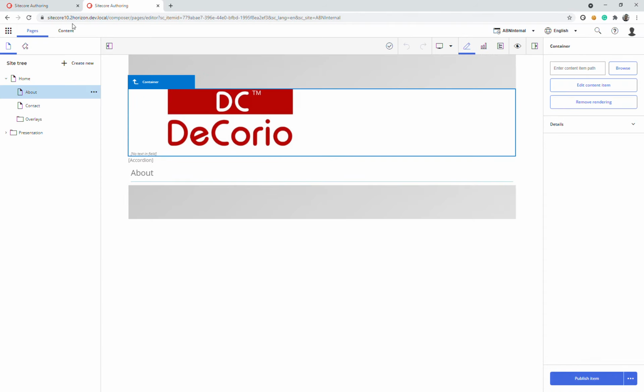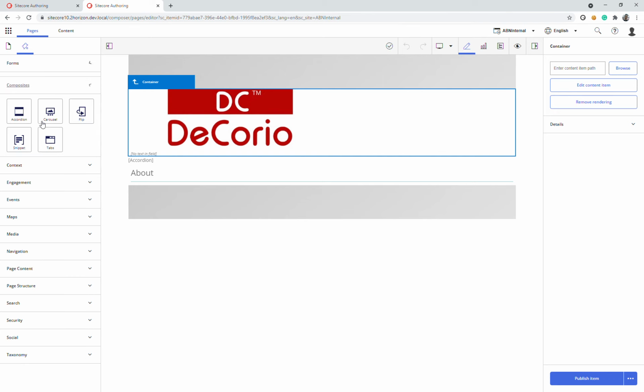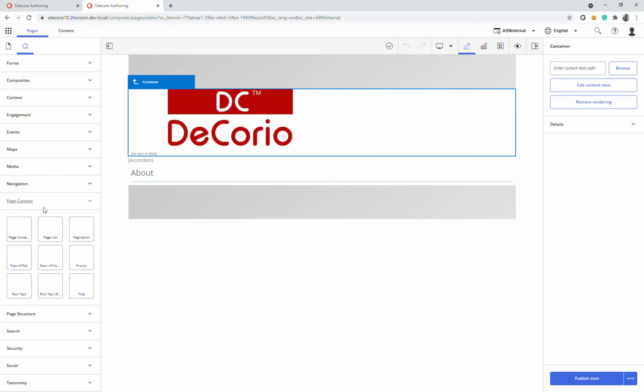If we go to Sitecore 10.2, now we have components grouped, as you see in SXA in experience editor. Under forms I have form components, and composite has some different types of components. So now it is much easier for a user to choose a component by going into the particular section or group. So these are some improvements and features that are introduced in Sitecore 10.2 Horizon. Thanks for watching this video. That's all I have.